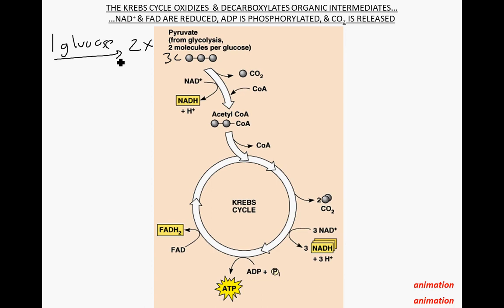Those pyruvates are oxidized and decarboxylated. I don't know why this isn't writing. Oxidized and decarboxylated to get acetyl coenzyme A. These 2 acetyl coenzyme A enter the Krebs cycle. Notice you don't have to know any of the intermediates here, but what you do need to know is that